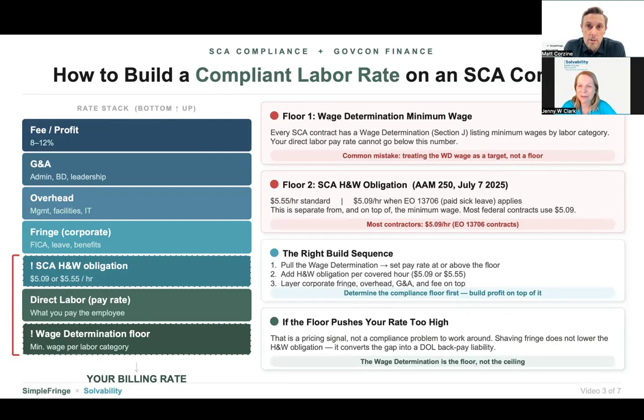Where I've seen contractors get into trouble, if you will, is they have a spreadsheet, and let's just be generous and assume the math ultimately is correct. But if it's complicated to follow, if you need an instruction manual of how the calculations are working, that's going to present a problem during a DOL audit because again,